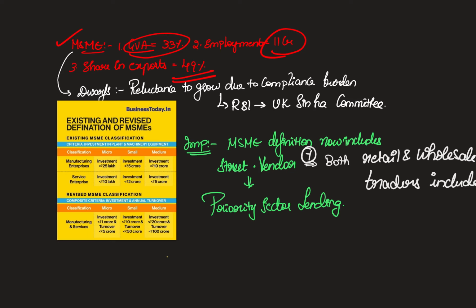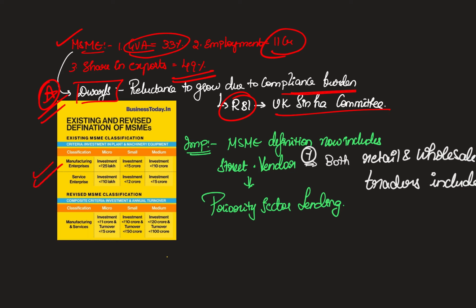In 2020, when we were talking about MSMEs, the economic survey of that year talked about how MSMEs will remain as dwarfs and reluctant to grow because of the compliance burden, the heavy regulation that is created by the government. In this regard, RBI came up with the UK Sinha committee, and that committee studied the problems of MSMEs. So, based on the studies of various committees like this, during the time of the pandemic, the government decided